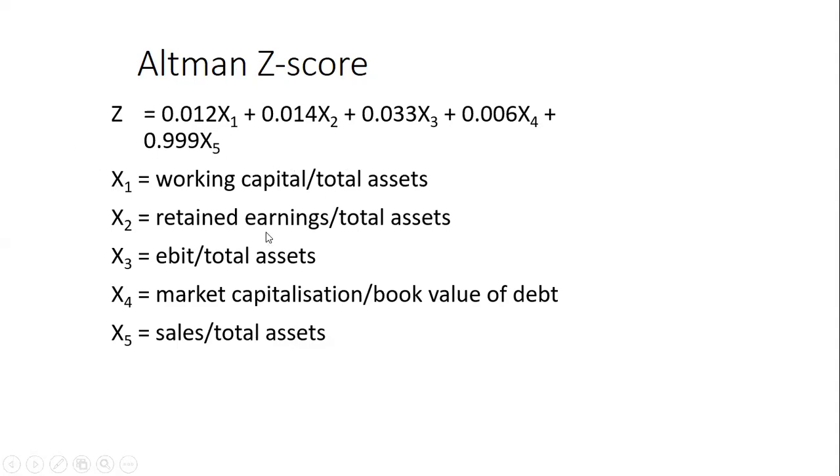If you look at the weights, you will see that sales to total assets is giving a very high weight, which is very important in predicting the failure of businesses. Then it is followed by